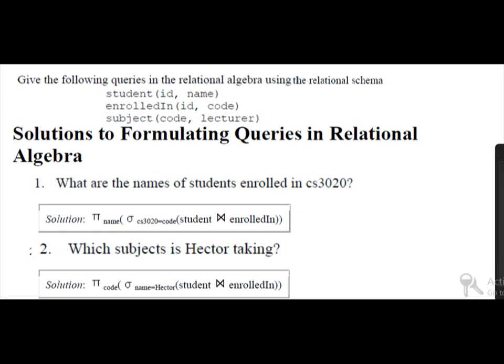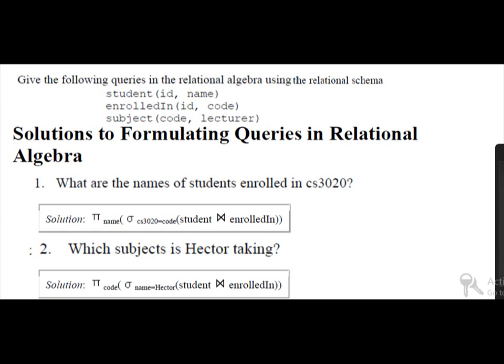So let us see some solutions to formulating queries in relational algebra. Consider 3 relational schemas. First is student, which contains 2 attributes, ID and name.